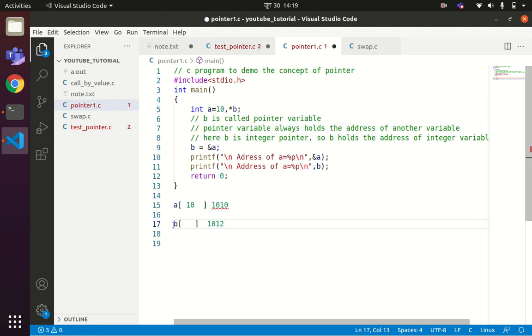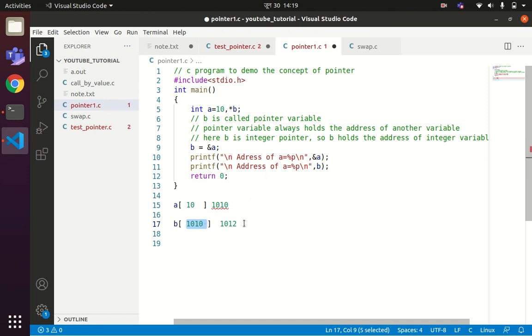Now see here, b is a special variable. It is called what? Pointer variable, and a pointer variable should only store what? Addresses. It does not store the values. So you can see in line number 9, in pointer variable b, we are storing the address of a. What is the address of a we have here? 1010. Now you can see the variable a contains the value 10, while the variable b contains the address of a, which is 1010. Since this variable b contains an address, the variable b is a special variable called a pointer variable.